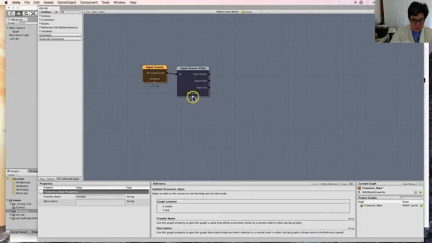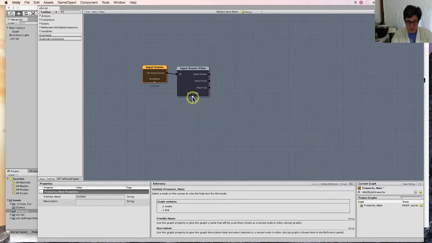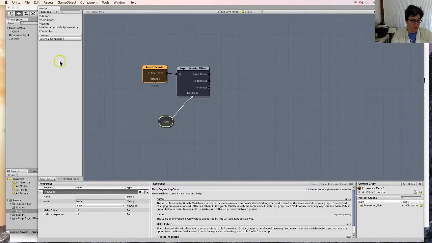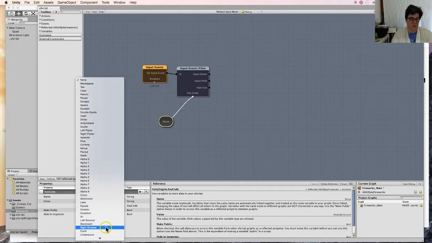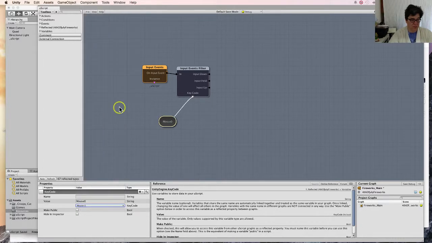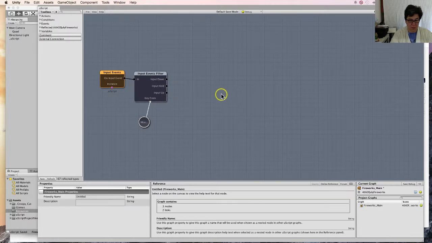Let's right click on this node. The reason that I'm right clicking, Josh, is it's not a normal variable. I don't see a key code in here. So right click on the node, create linked variable. And this is actually a Unity variable that got pulled from Reflection. So there we go. Should be looking for mouse 0 or left mouse. Here we go. Mouse 0. So on every event, check to see if it's mouse 0. If it's mouse 0,